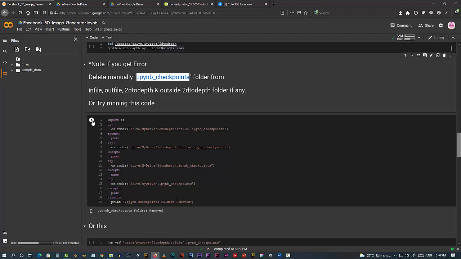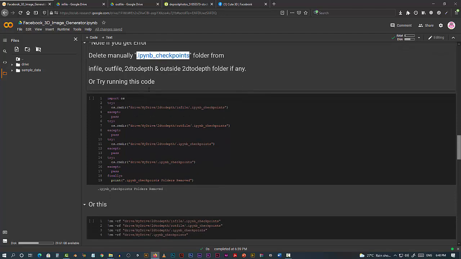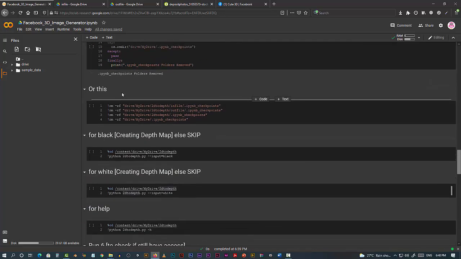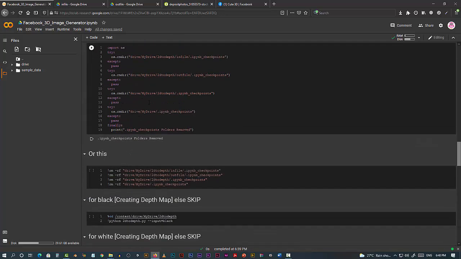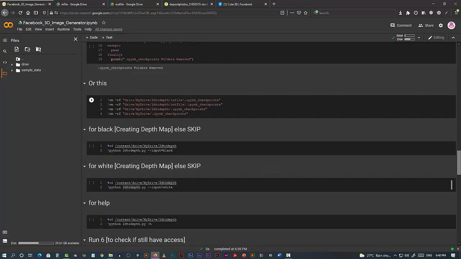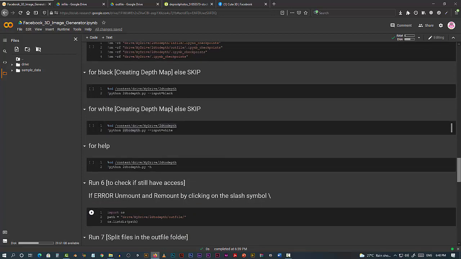So what you do is you just run this and clear it out, so that the code runs smoothly. So there are two ways. One is using Python, and one is using this normal command.